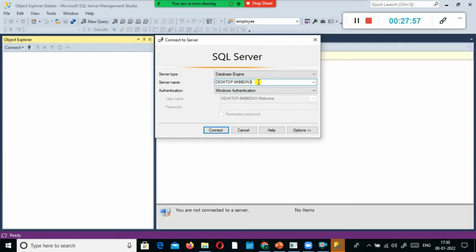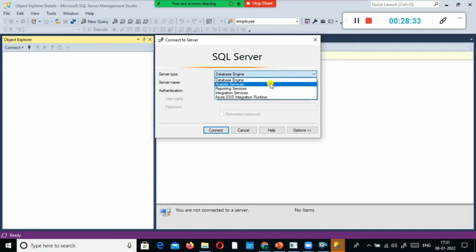In this case, the authentication by default is tied to my Windows authentication account. In the drop down, you see various authentication options, but you don't have to select anything. Simply leave the default values as they are. Don't make any changes here. But if you are curious to see the other server types, select this drop down list and you can find Analysis Services, SSAS, SSRS, SSIS, Azure SSAS.